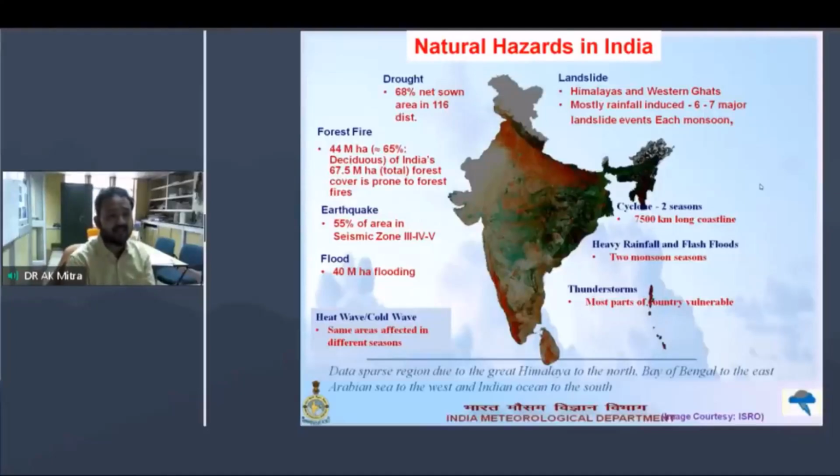It is basically an area where we are in a completely data sparse region. Why? Because of the Great Himalayas to the north, Bay of Bengal to the east, Arabian Sea to the west, and Indian Ocean to the south. So basically, if we can see,